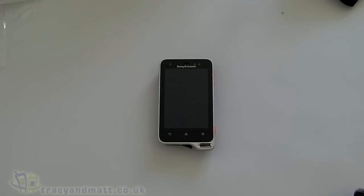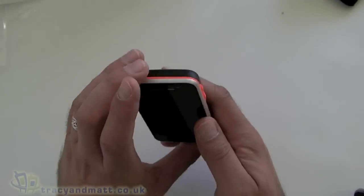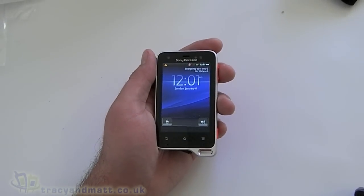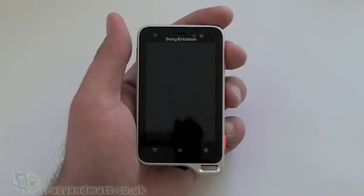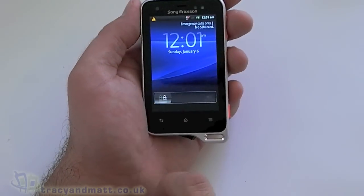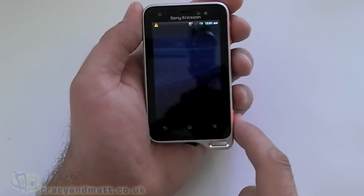As I say, the battery is a 1200 milliamp hour, and all the other bits that you would come to expect. So let's have a quick look around the operating system. Let's just zoom in a wee bit for this. As you can see, let's just give that a wipe. It's a bit dusty. So we've got obviously the lock screen on the front, and